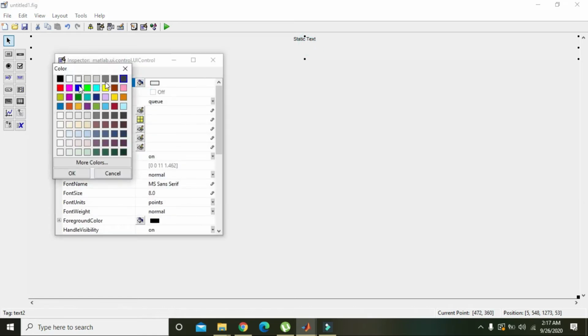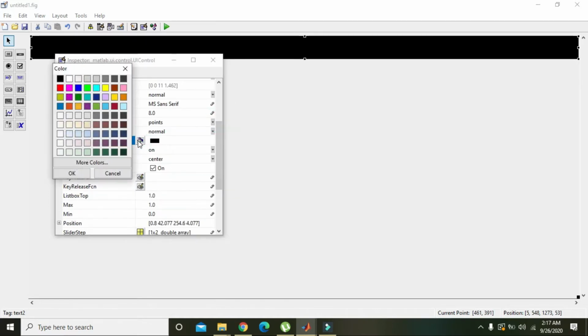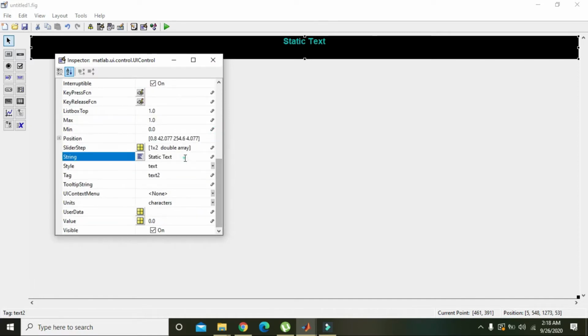We will change its background color to black and foreground color to this yellow, sorry, blue. Then our font size is 14, and now we will select our font weight as bold. Also give our heading in the string that